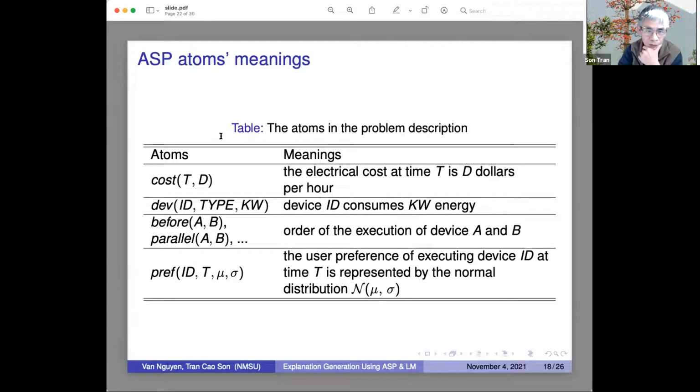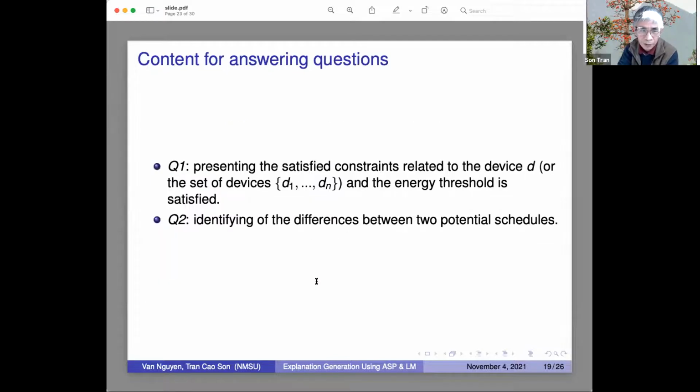And we associate each ASP atom with a meaning, like if the electric cost at time t is this, so this is the time cost, and the device consumes this much energy, and so on and so forth. We have this kind of predefined information for each of the atoms, right? Now, when we get this content, we will present the